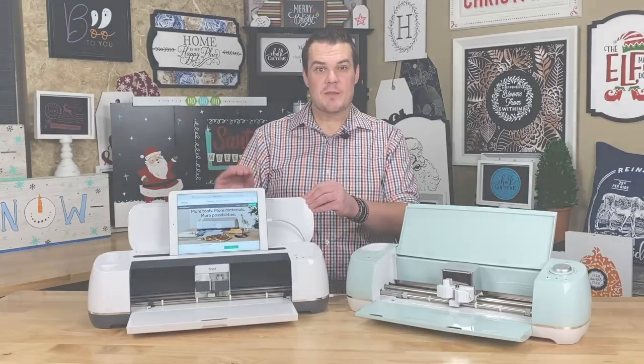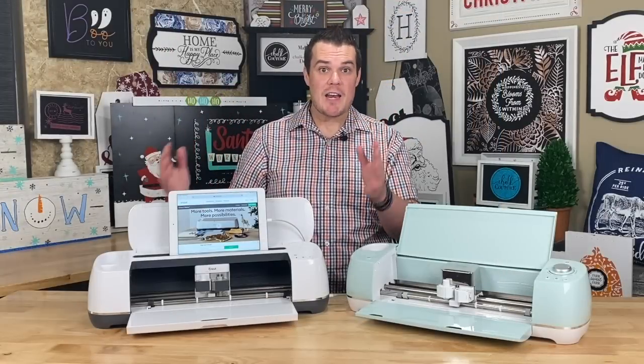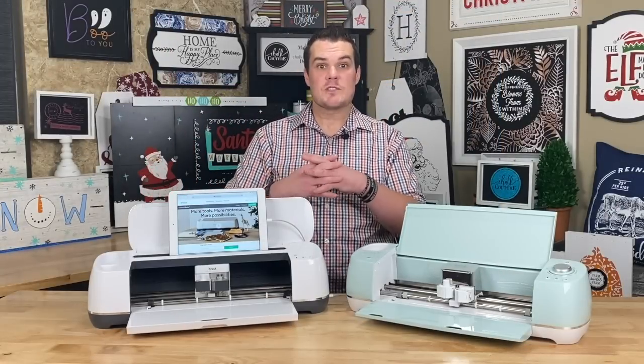With this machine, you'll get the machine, the rotary blade and housing, the premium fine tip blade and housing. You'll also get a fabric mat, a light grip mat, a pen to write, and all of your cables. You get material for your first project, 50 items in Cricut Design Space, and of course, all of the instructions